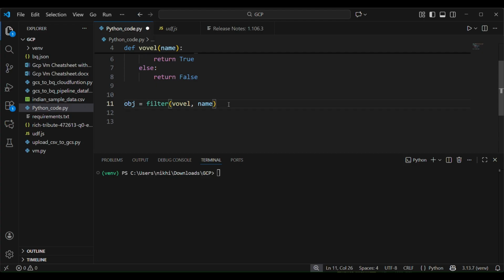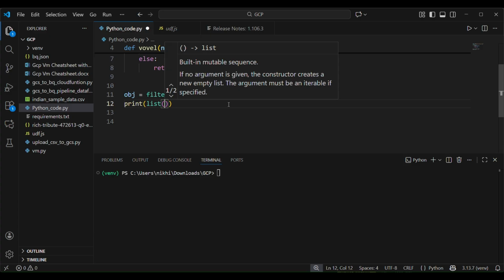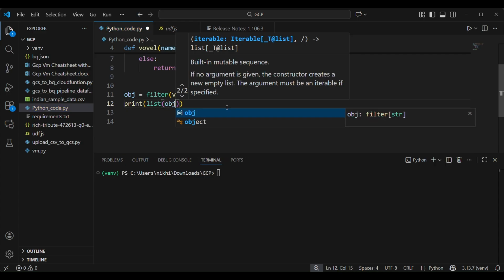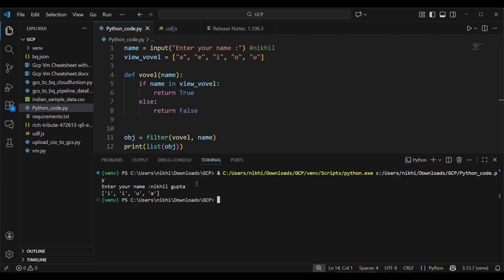I'm making one variable object, and I'll print that object and convert the output into a list, because filter gives you an object that you can iterate with a for loop or convert to any data type. So I'm using the list of this object. I'll get the list of all the vowels. Let me just enter the name Nikhil Gupta, and let me enter it. So here you will see it's a, i, u, e, u, a. So these are